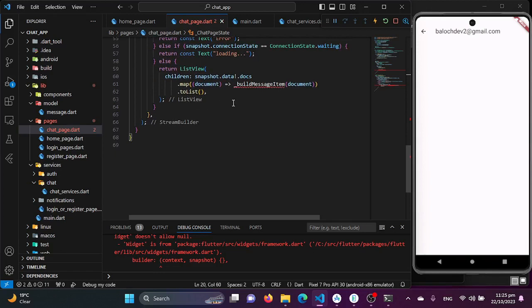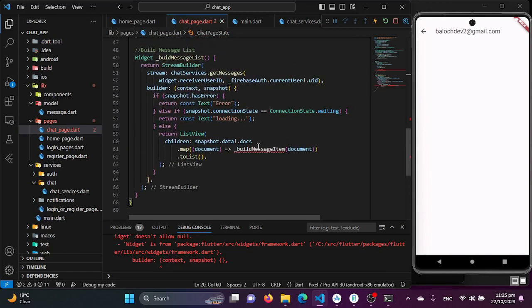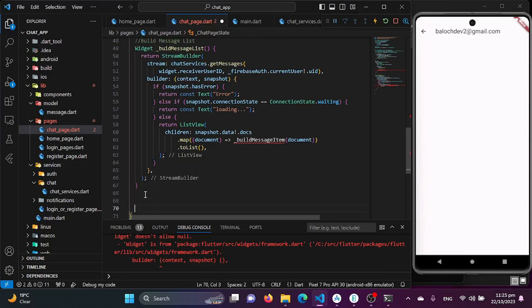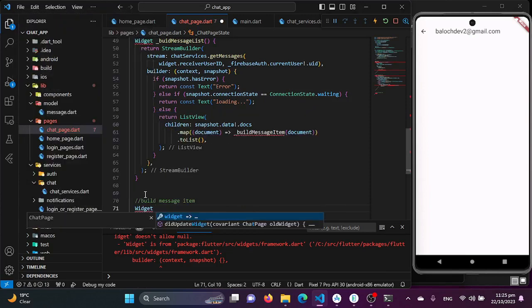Yeah, great. Now we will be just creating this function. Basically, just copy this here, and great. Now we will be just creating the build message item,